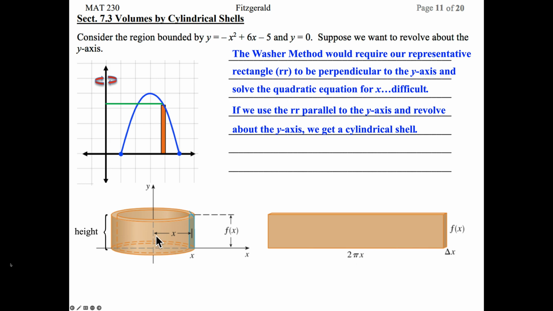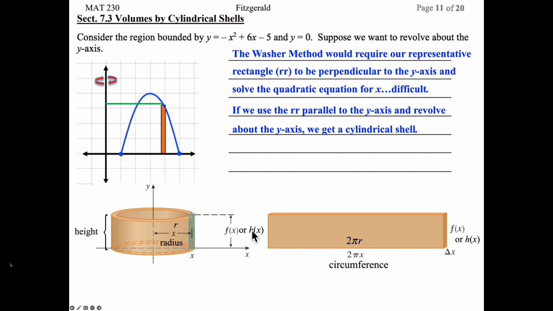So here, my radius is going to be the x. The height of my shell will be the f of x function. And what we're going to do is cut this shell and unroll it to make this giant rectangular shape. Now the length of this rectangle is 2 pi x, which should look familiar to you. That is the circumference of a circle, 2 pi r. Some people call this f of x, but we're going to change it to h of x